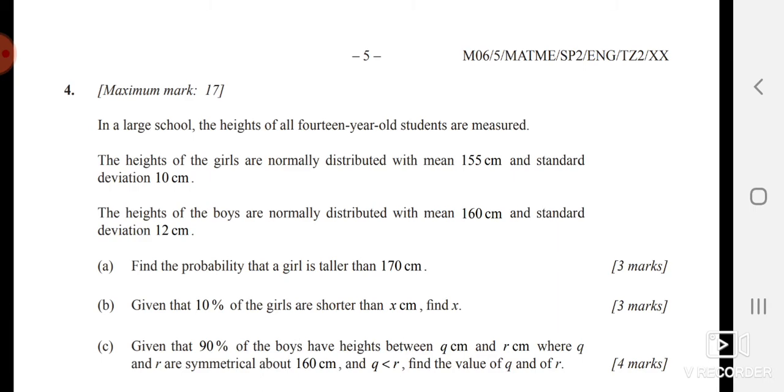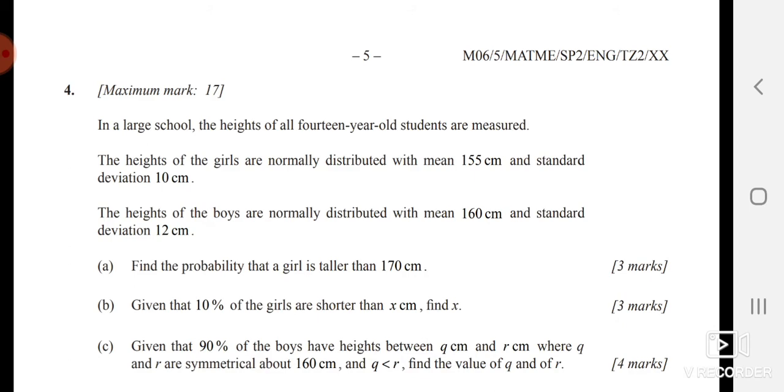Actually here he gave you standard deviation 10 and mean is 152. First of all, we convert this into standard form. Z is equal to x minus mu over standard deviation. So mu is 155 and standard deviation 10, and